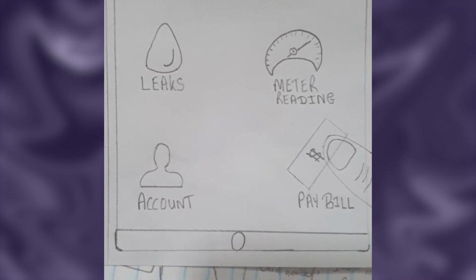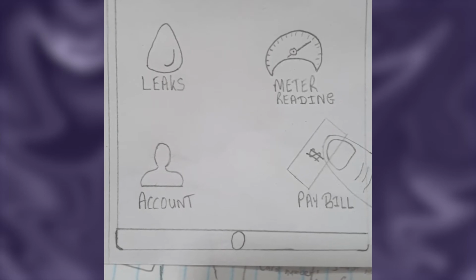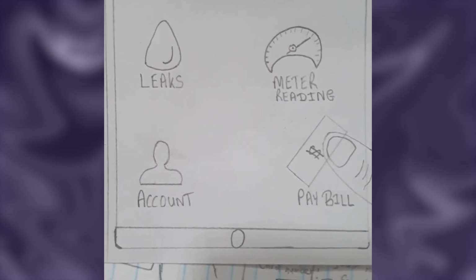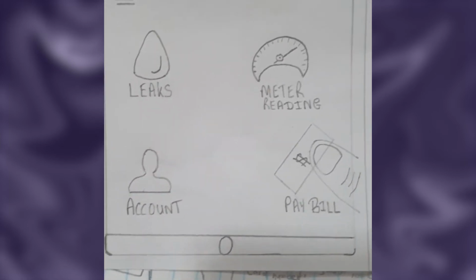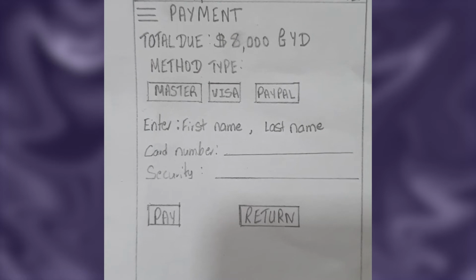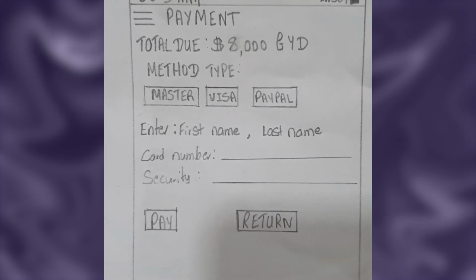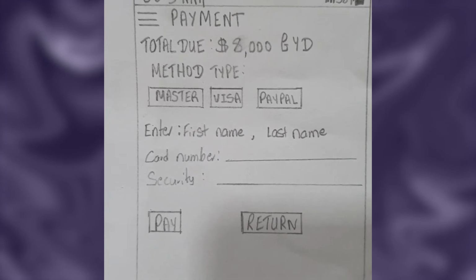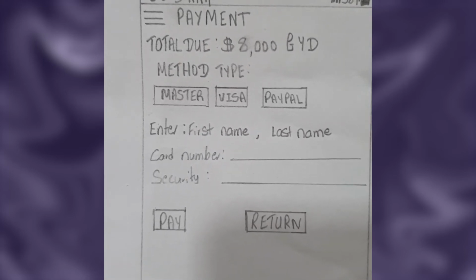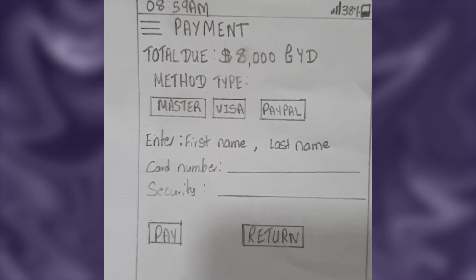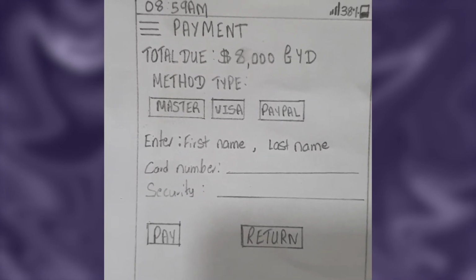And at the top we can see the menu button, which can help you to go back. And basically, so they want to pay the bill, so they just click on the bill and move on. And then moving on, it will then take you to the payment page, where it will show the amount is due, and then it will prompt you to select your payment method, either MasterCard or Visa,